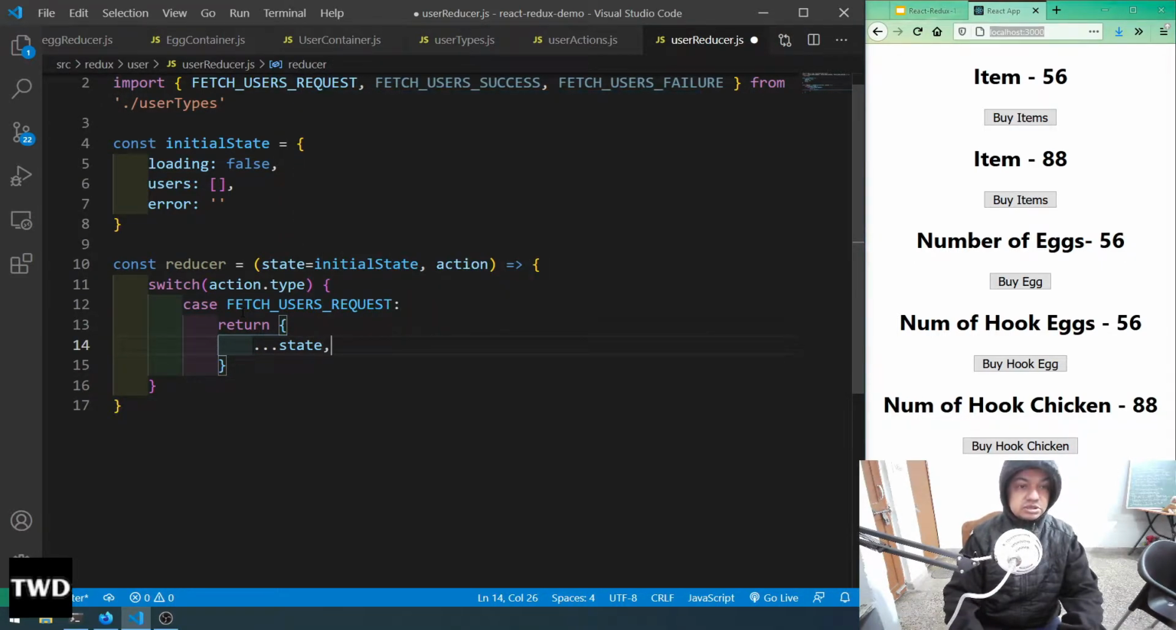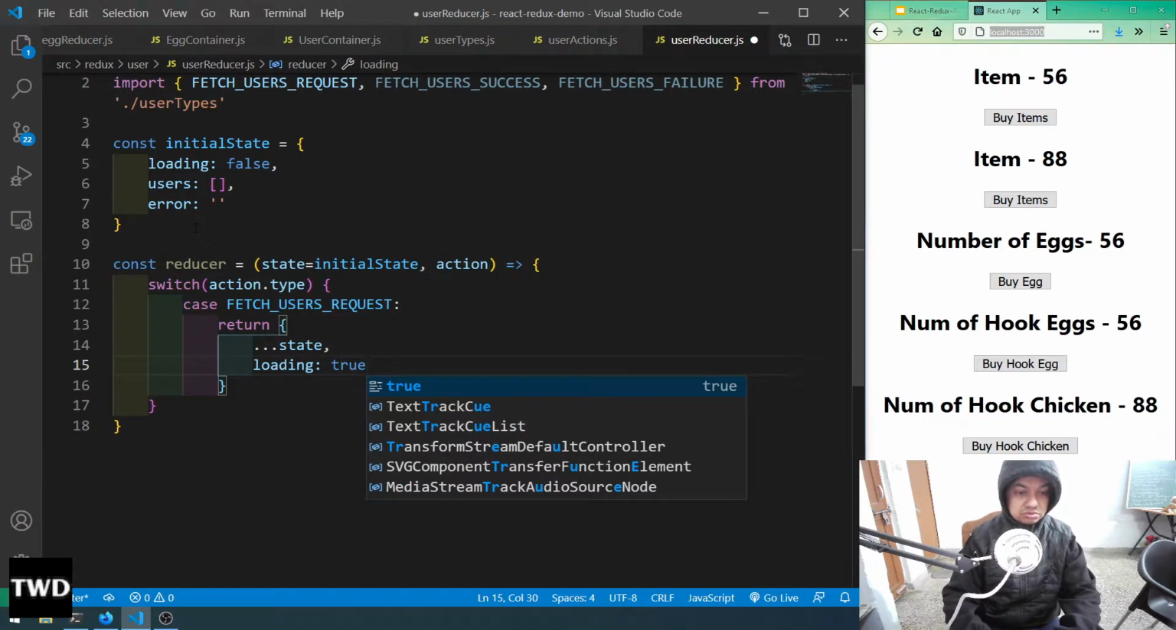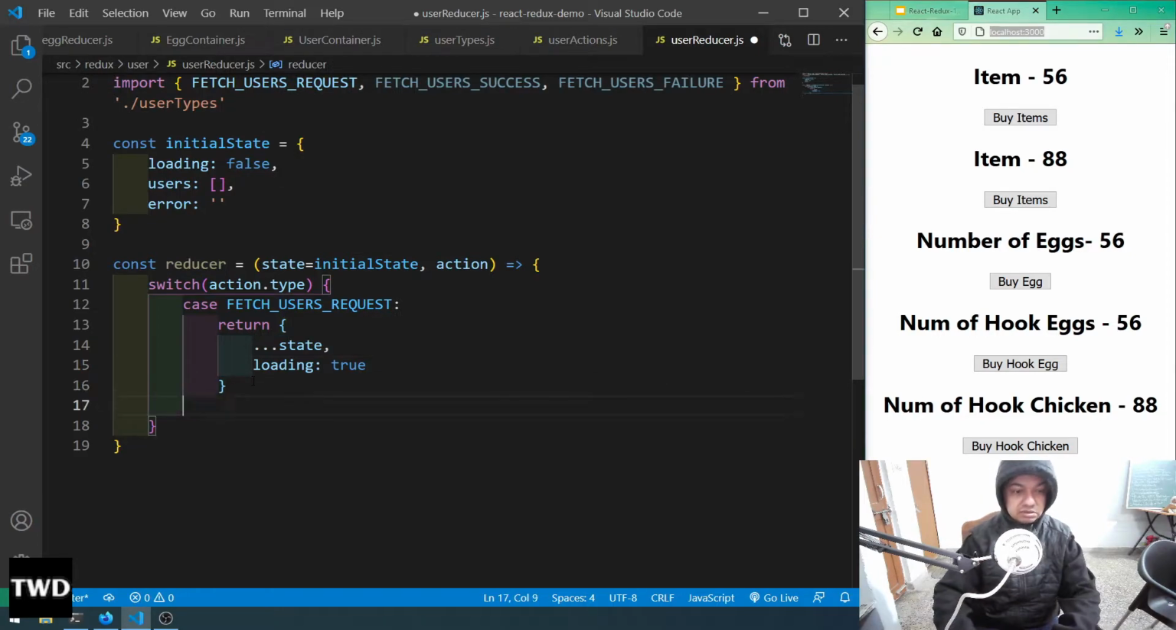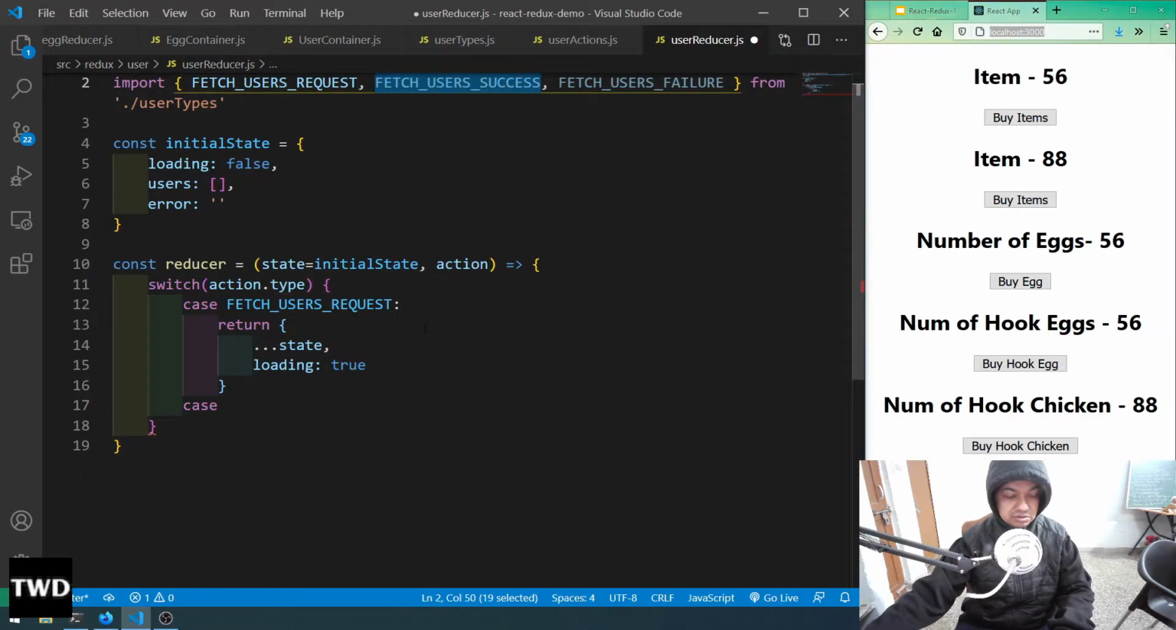So this time it will be really useful because we have 3 states. When a user request is there, I am only changing the loading state, and the users and error states will be the same. So we use dot state, using the spread operator to spread it. Loading is true. Okay, then next, let me write it, because previous time I made a lot of mistakes here. This will be fetch user success,